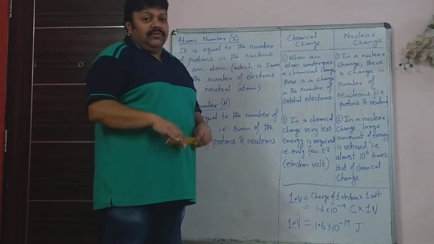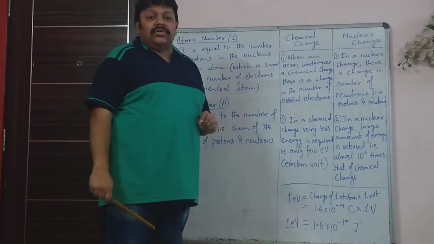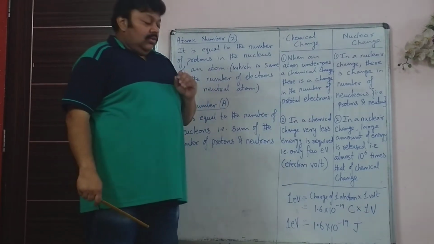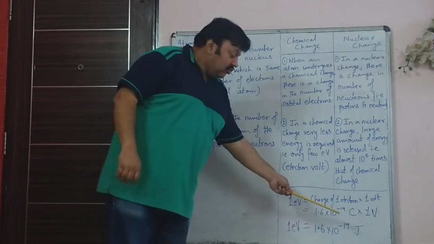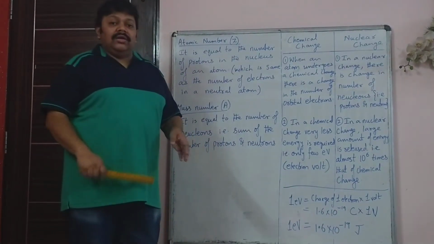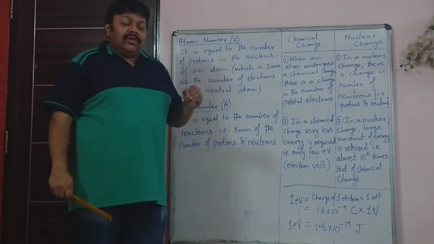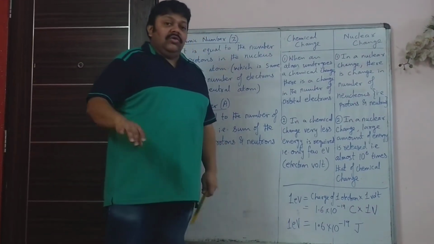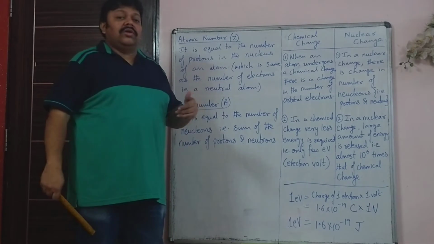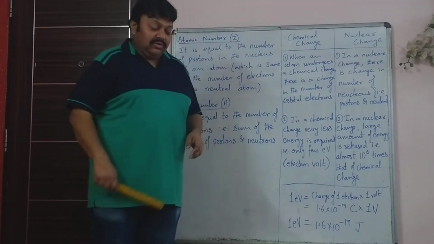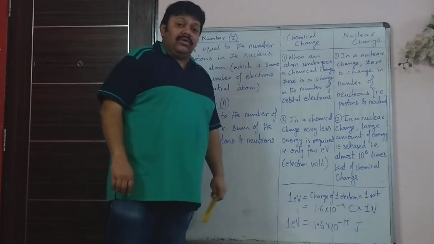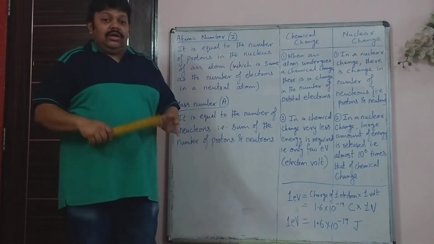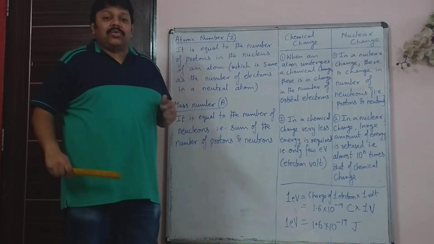So if you are asked, name any 2 units of energy other than the SI unit of energy. So what is the SI unit of energy? It is joule. So other than that, you can say one of them is electron volt, used to measure energy released in case of chemical or nuclear changes. So that is electron volt, which is represented by small e and capital V. Another one, you have already done the full chapter on that.